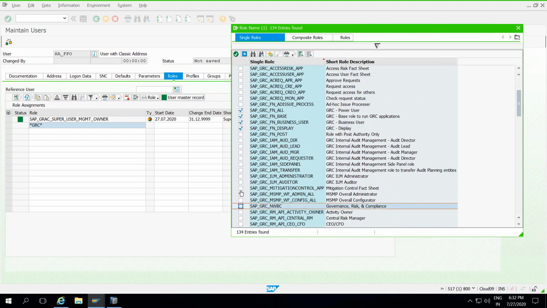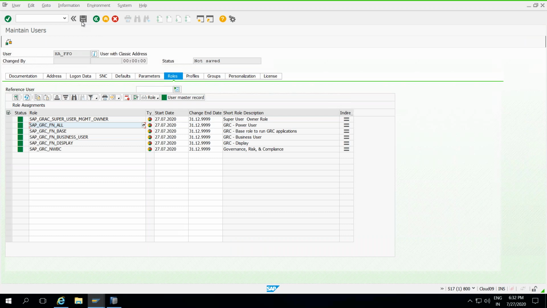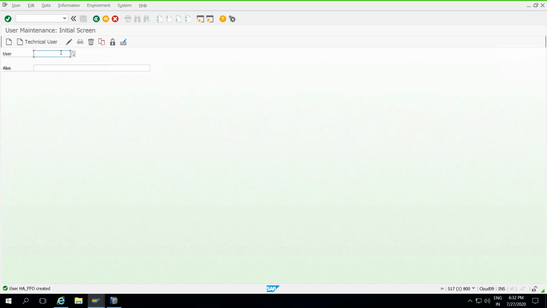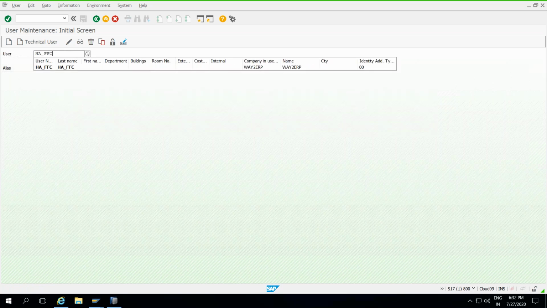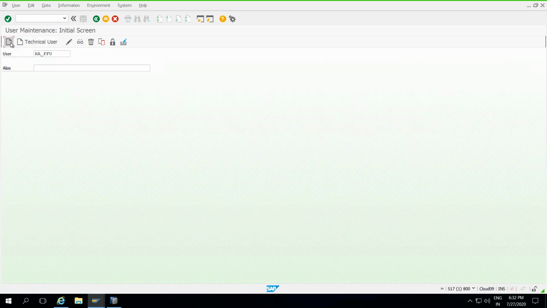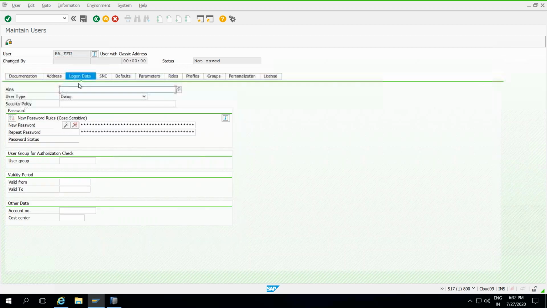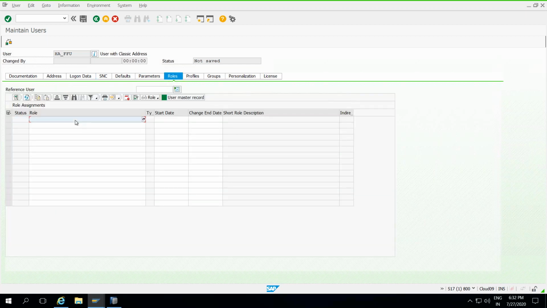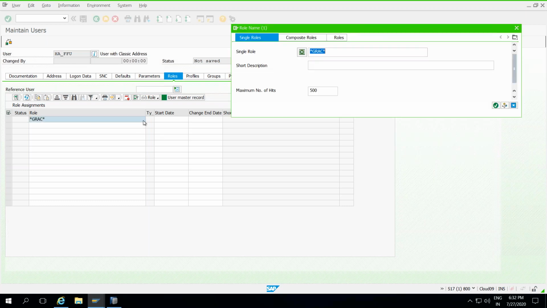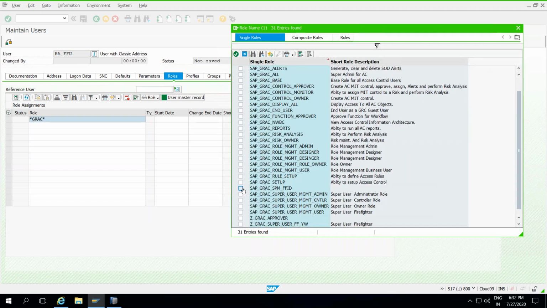That is also done. Last and final, one more firefighter user for login to the firefighting. Where is this?